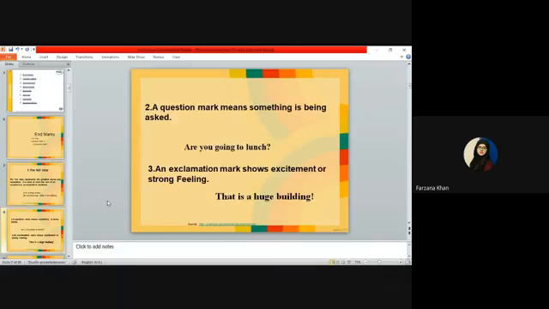The second end mark is the question mark. A question mark means something is being asked. Here you can see the symbol of the question mark. When we talk about interrogative sentences, basically interrogative sentences are made with 5 W's and 1 H. What, why, where, when, which. These are the 5 W's. And how is the 1 H. So we can make sentences with 5 W's and 1 H, and along with this, we can also make question sentences or interrogative sentences by placing the helping verb at the start of the sentence.